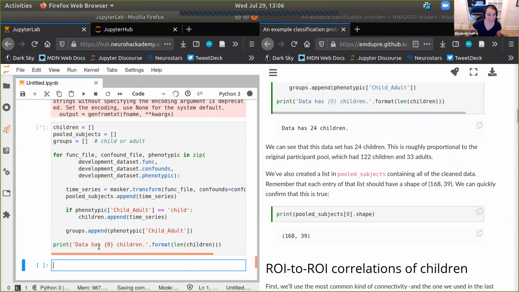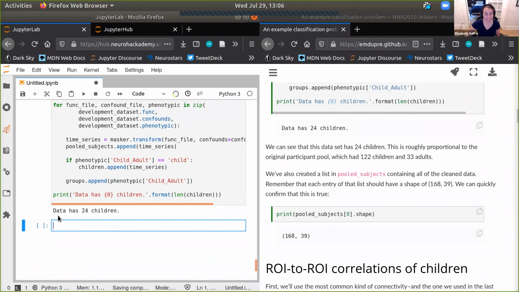Okay, this is still running for me, but that's fine. It's just going to, here we go, perfect. Great, and you can see, at least on my hub, I'm getting exactly what we found before. And then just really quickly, I also want to check in on what I told you: with this masker.transform, we were getting what we saw in the single subject case, 168 samples by 39 features, for our 168 time points by our 39 ROIs.